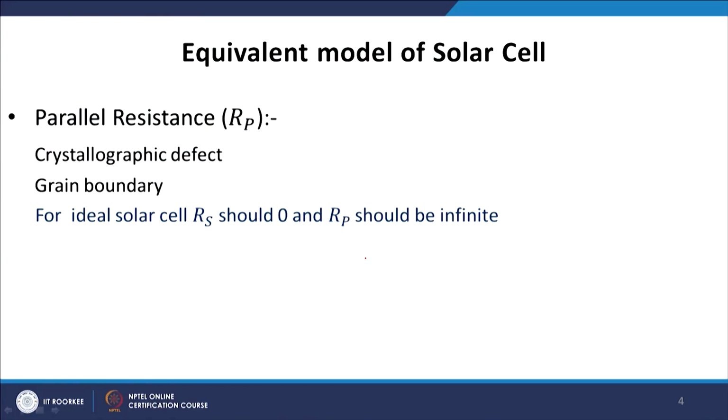As you can see now, for an ideal solar cell, the series resistance should be 0 and the shunt resistance should be infinite. In many cases, a practical solar cell does not behave like an ideal one as we get power from it; more precisely, the behavior of a practical solar cell is many times different from an ideal solar cell. For example, if we draw the IV characteristics of an ideal solar cell, it should look like a perfect square.